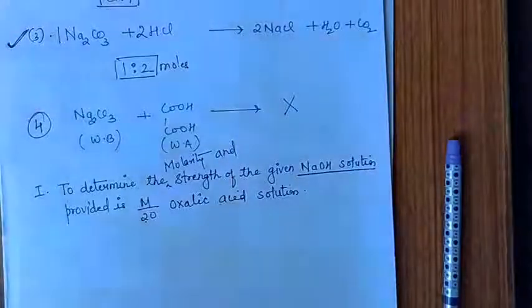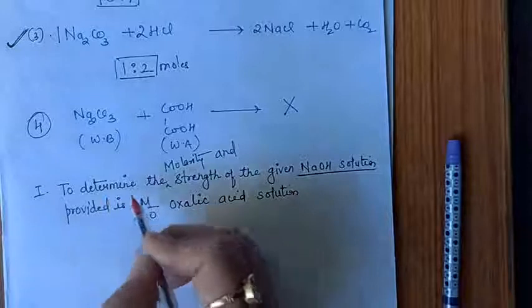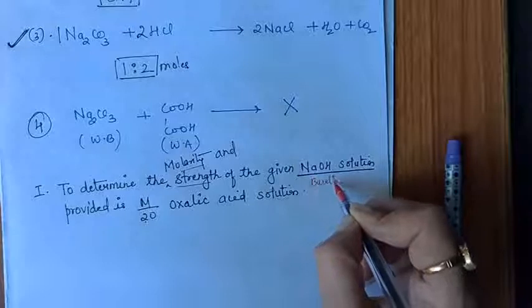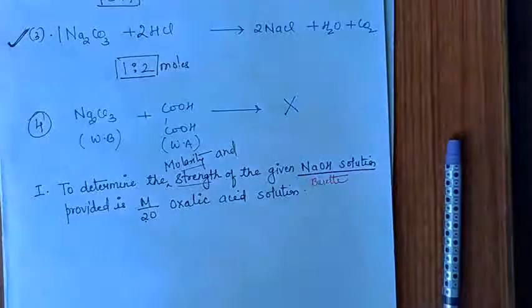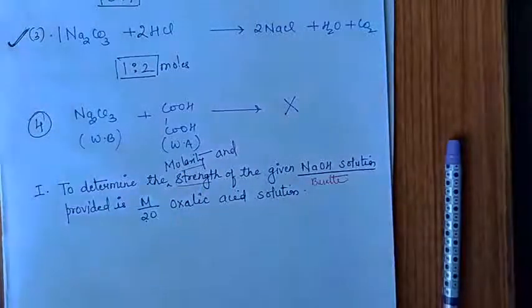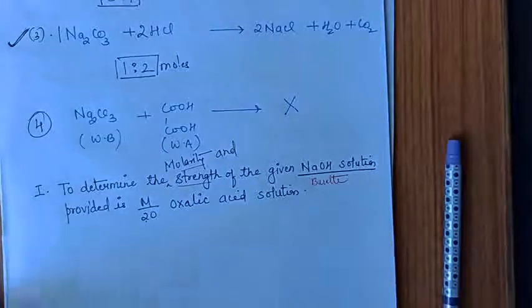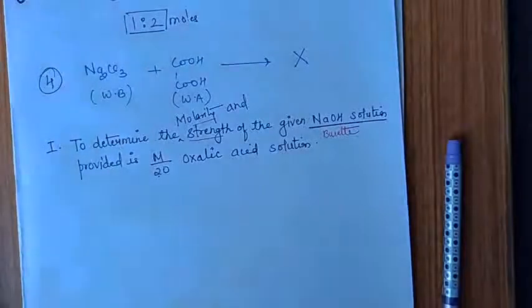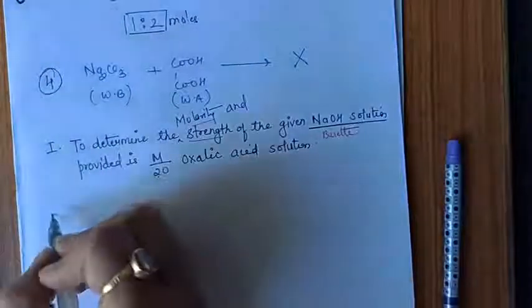और एक चीज हमेशा आपको एम से पढ़ के पता चल जाता है कि किस चीज को ब्यूरेट में लेना है। जिसका भी मोलारिटी और स्ट्रेंथ डिटरमाइन करना हो, वो चीज हमेशा ब्यूरेट में भरी जाती है, क्योंकि ब्यूरेट में ही रखने के बाद आप रीडिंग निकालते हो। सो रीडिंग कहाँ से आती है, ब्यूरेट से आती है। तो ब्यूरेट में कौन सी चीज फिल करेंगे, वो सोल्यूशन ब्यूरेट में फिल करेंगे जिसका मोलारिटी और स्ट्रेंथ निकालना हो। This is a hint which you can use from this class till 12th class। तो एक एक्सपेरिमेंट हमारा ये है जिसमें हम NaOH का मोलारिटी और स्ट्रेंथ कैलकुलेट करेंगे और ऑक्सैलिक एसिड को हम as a standard solution use करेंगे, with the help of which we will calculate for NaOH।